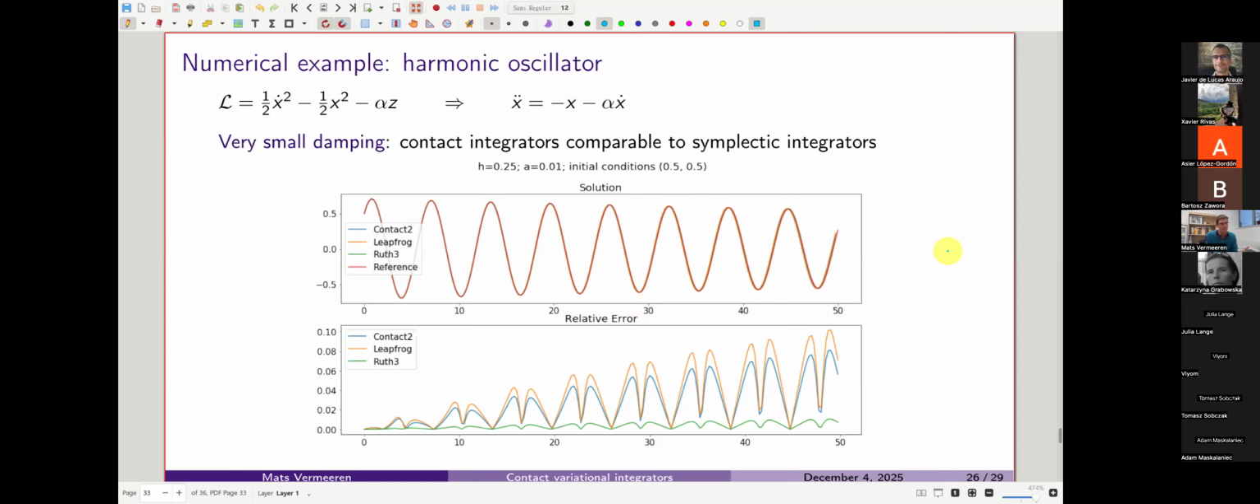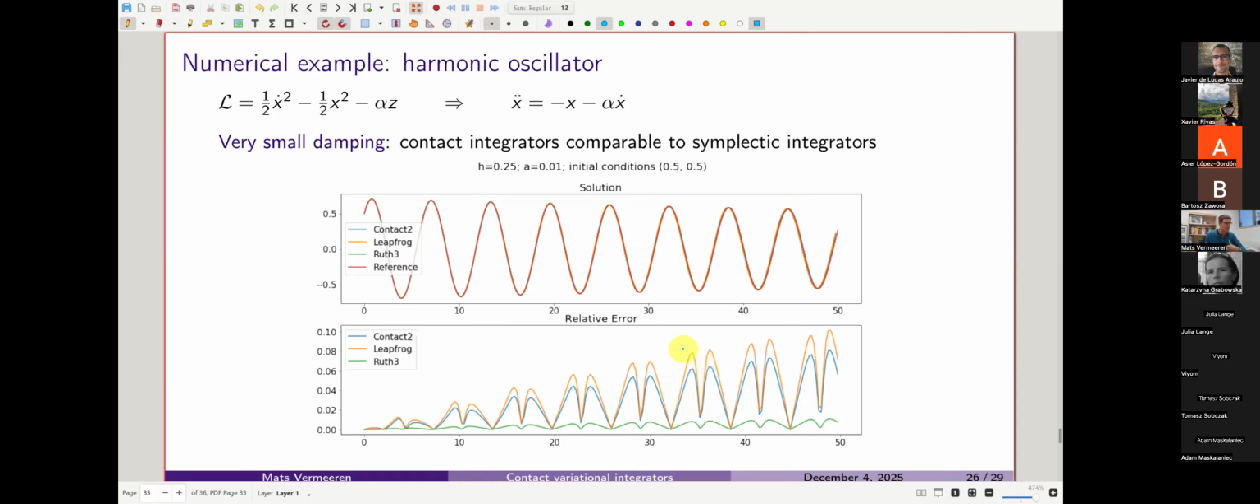And I think this is reflected in the simple numerical experiments we did at the time. So there wasn't a very strong experimental case for contact variational integrators. If we look at, say, the simplest possible system, a harmonic oscillator with some very small damping, then the contact variational integrator of second order we constructed was very similar in performance to just using the leapfrog integrator, which